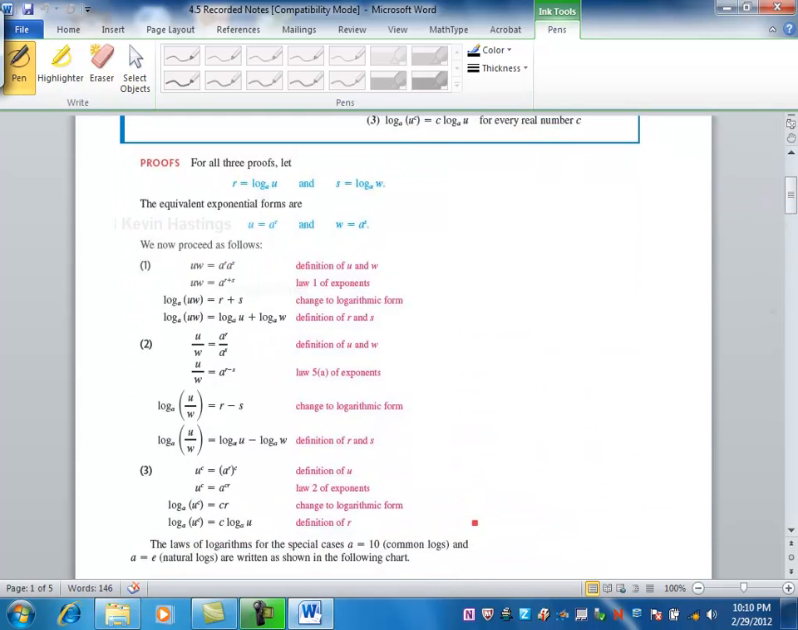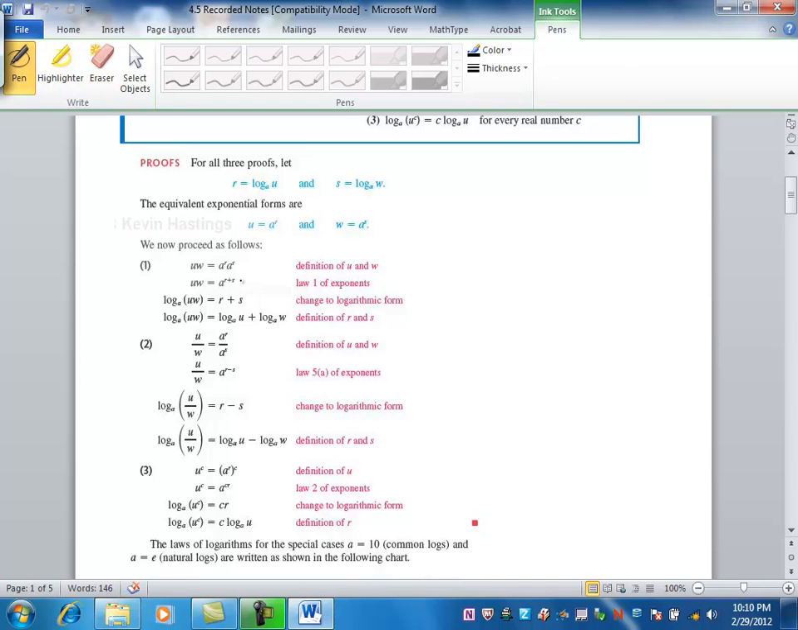And so when we get ready to prove these results, we're going to do a couple things. We're going to let r equal log base a of u, which means that a to the r power is u. And log base a of w equals s, which means a to the s power equals w. And so when we multiply u and w together, u we said was a to the r, w is a to the s. We know that when we multiply like bases, we add the exponents, which is where r plus